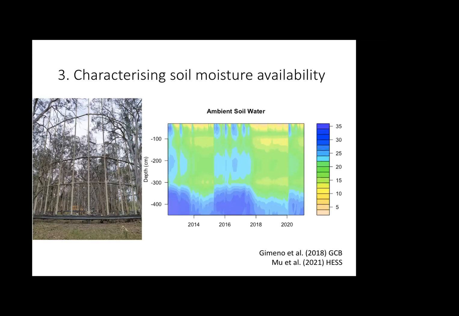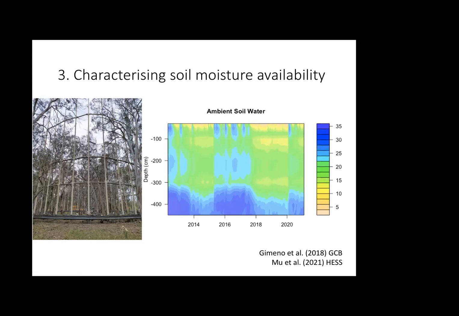Two points about this data set really stand out. The first is the interannual variation in soil moisture availability to these trees. So you can see these long dry periods interspersed with, you know, a year and a half of wet, followed by a really long dry period during our Black Summer drought, where soil moisture is disappearing at depth. So there's a big depletion below 1 meter, but also more depletion around the 3 meter mark. So